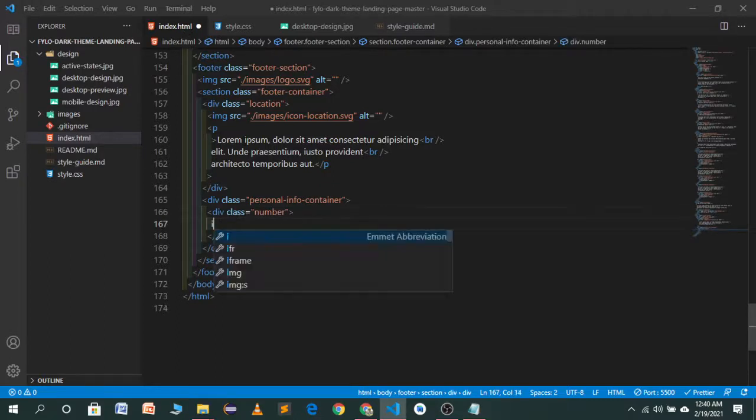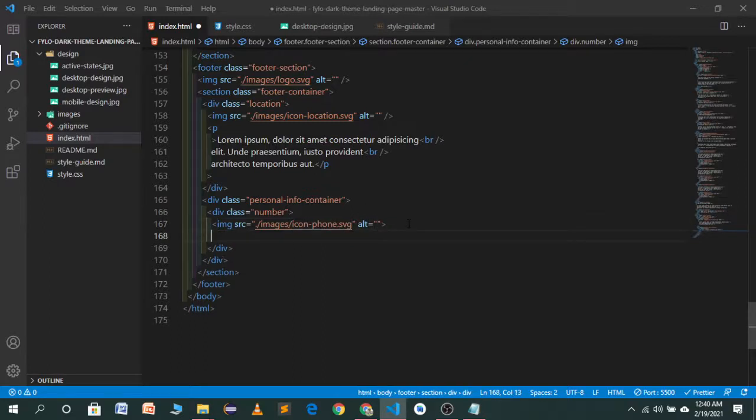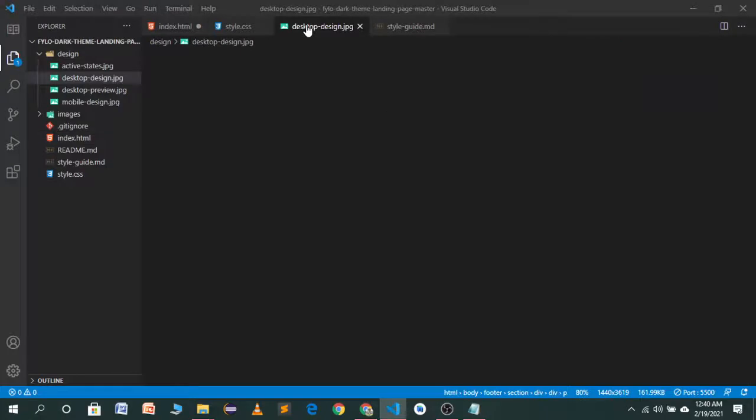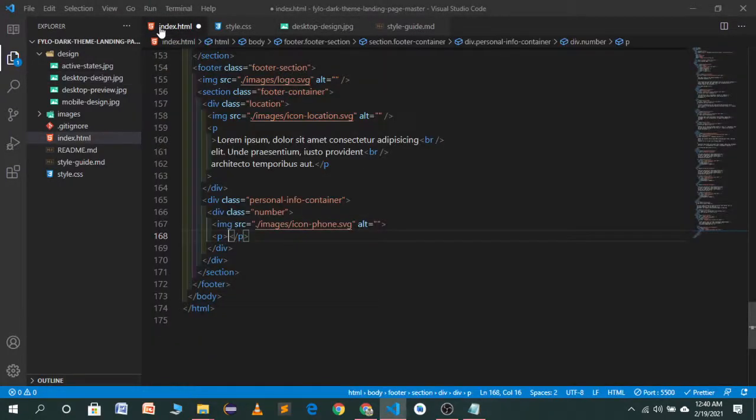Let's start with the number. We'll have an image, we'll go into the images folder, and here we will have a phone icon and a p tag. Here we have a number which will be +1 dash 543 dash 4567.